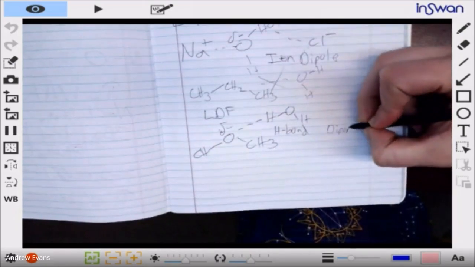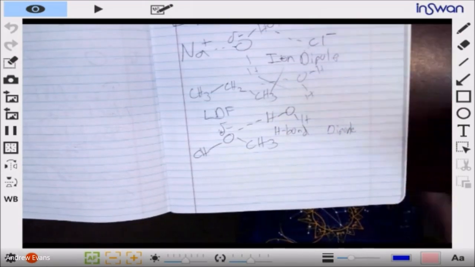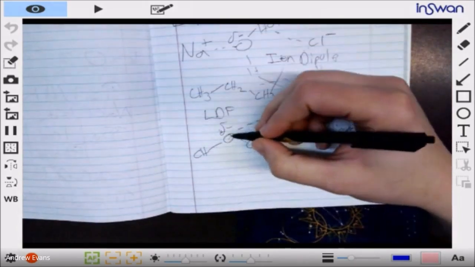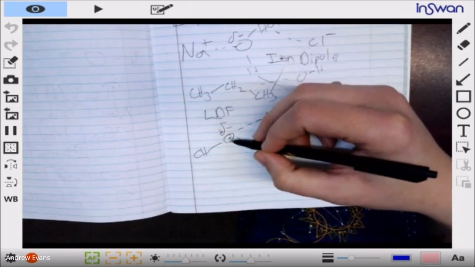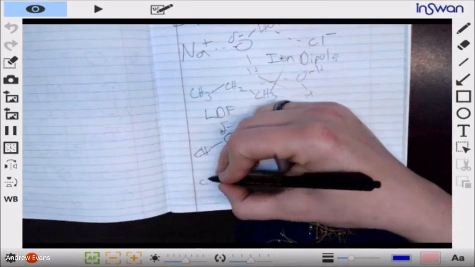But please note, without the water, there can be no hydrogen bonding. Why? Because this one does not have an OH, an NH, or an FH. So if I just put this guy by itself,